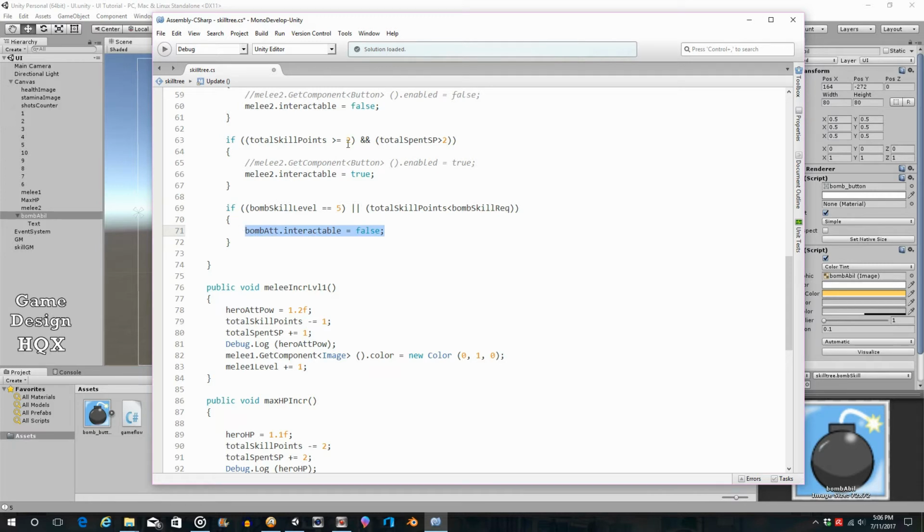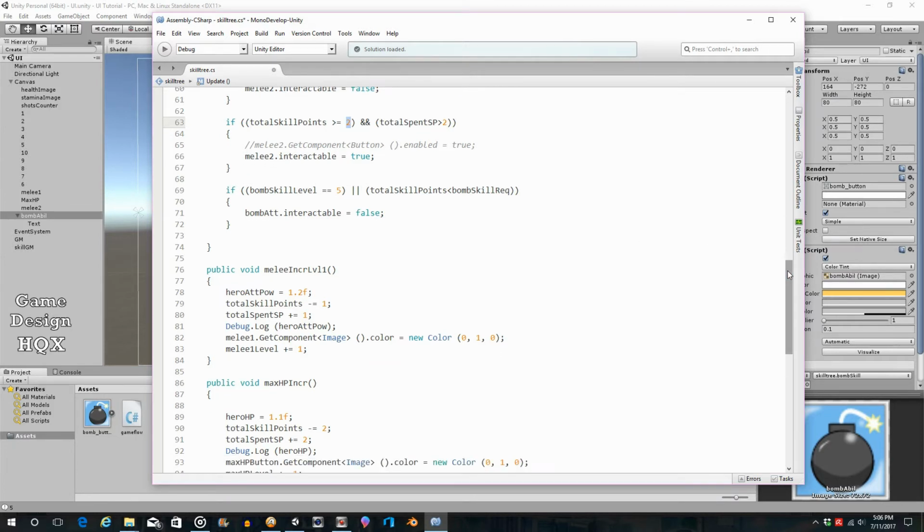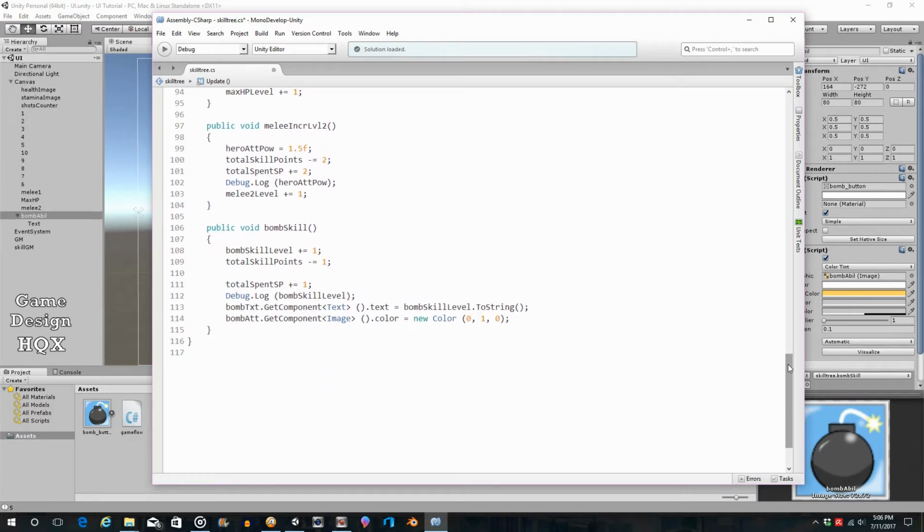So like I said, it's not that new of an idea. We already were checking the other skills against the constant. We're checking your total skill point variable against the constant. Now we're checking it against the variable. That variable currently is 1 point. Well, we want that to increase. So